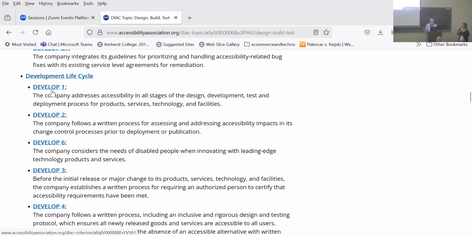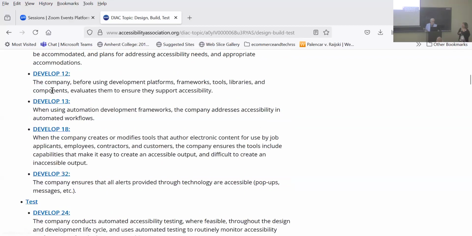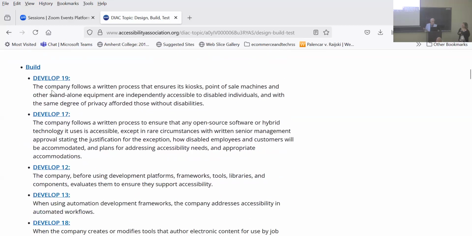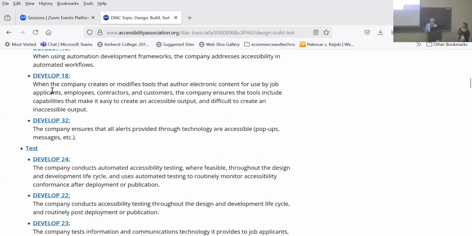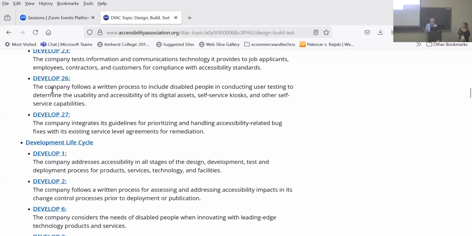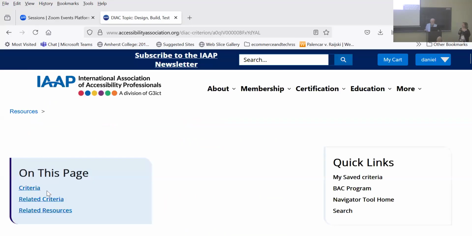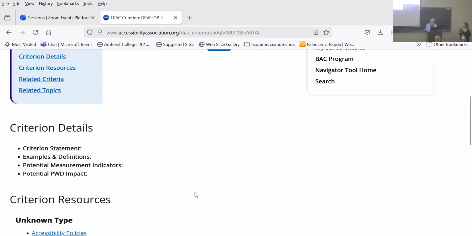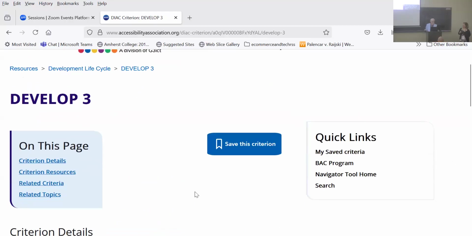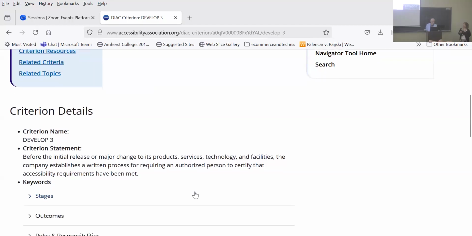So this is broken down into build as a subtopic, test, and development life cycle. And so I'm going to pick as an example, develop 3, which reads, sorry, I have to scroll down.